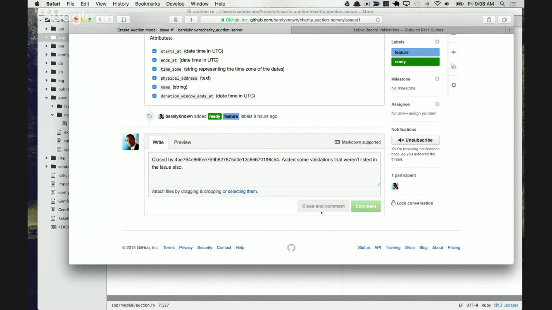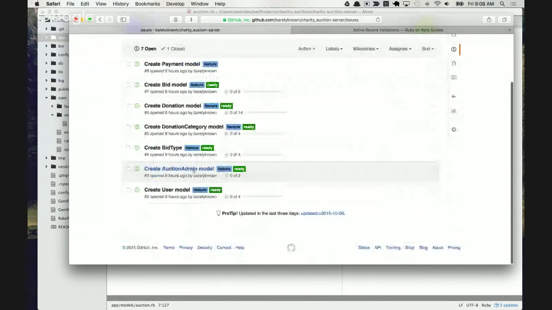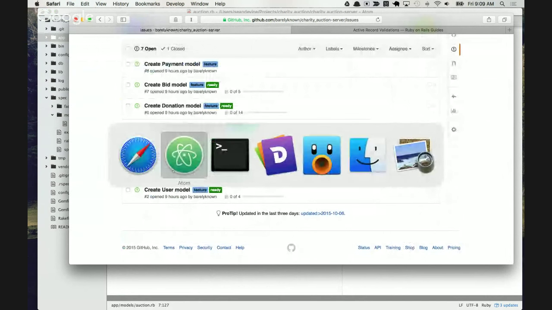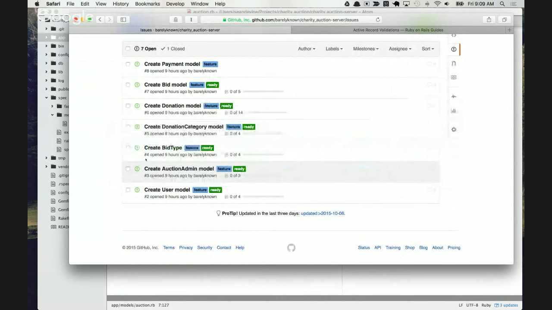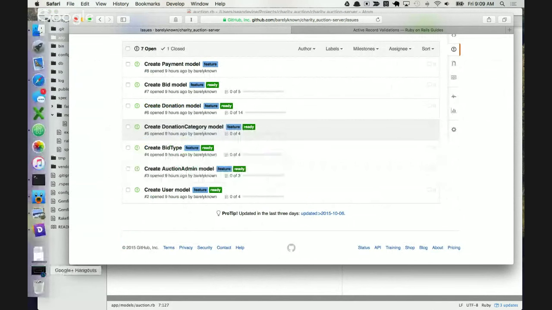All right. So here we go, we've got that one done. We've got the rest of the models to do, but those will go really fast when we resume. The only one that's really got a lot going on to it is the donation model, but even that isn't all that complicated. So, all right, that finishes the first model. Kind of gives you an idea of the workflow that we're going to use. It should be real smooth sailing to get the basic set of models up and running, but we'll